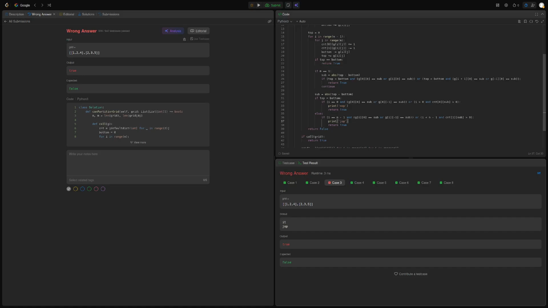So either we are at no, or we are at smaller and then